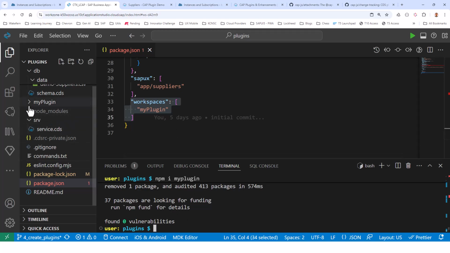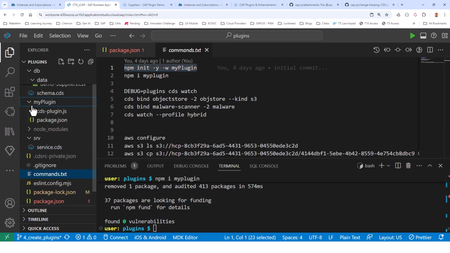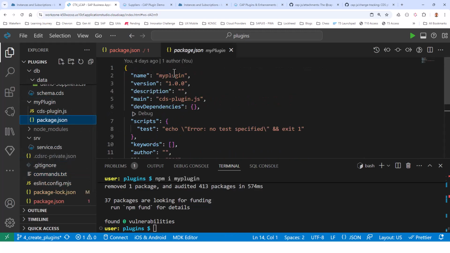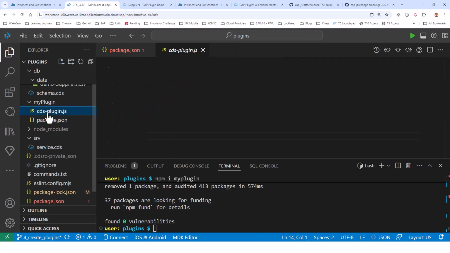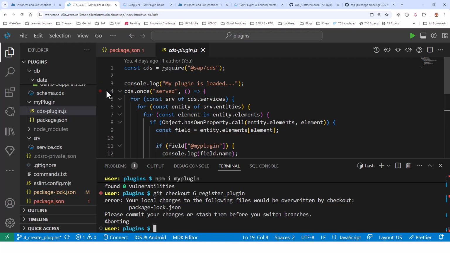This plugin is going to be empty because when you run this command right here, all it's going to do is create a package.json file with the default values. So this is just a package.json file with the default values. So when you do the npm i my plugin, this is going to install just this empty package. In order to add functionality to it, you need to go ahead and create this cds-plugin.js file. So in this cds-plugin.js file, anyways, so here in my